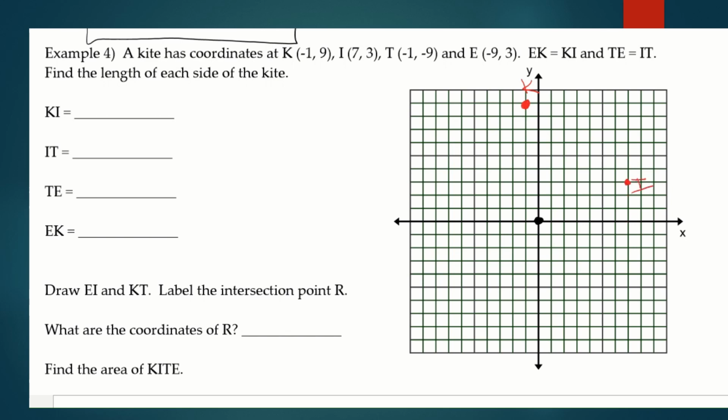I, -1, -9, 1, 2, 3, 4, 5, 6, 7, 8, 9. T, and -9, 3, 1, 2, 3, 4, 5, 6, 7, 8, 9, 1, 2, 3. E. Okay, so to the very best of my ability,